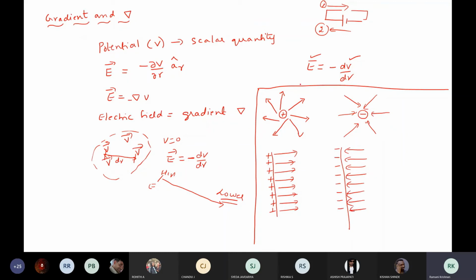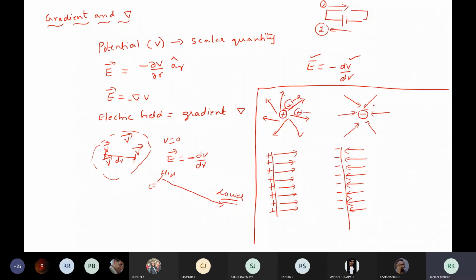Can you tell me the one definition for this? For all these 4 diagrams, what is the definition for direction of electric lines of force? The electric lines of force are moving in the direction where the positive charge will experience the force. If I keep a plus charge here, it will be repelled by the positive charge, so it will be moved away, isn't it? So here also, if I have a plus charge, it will be repelled.